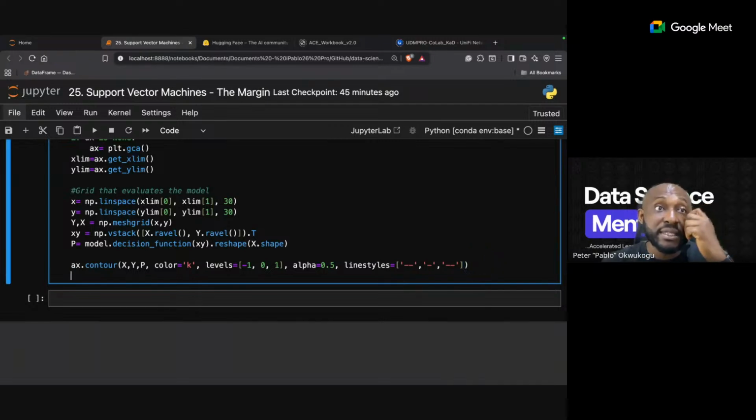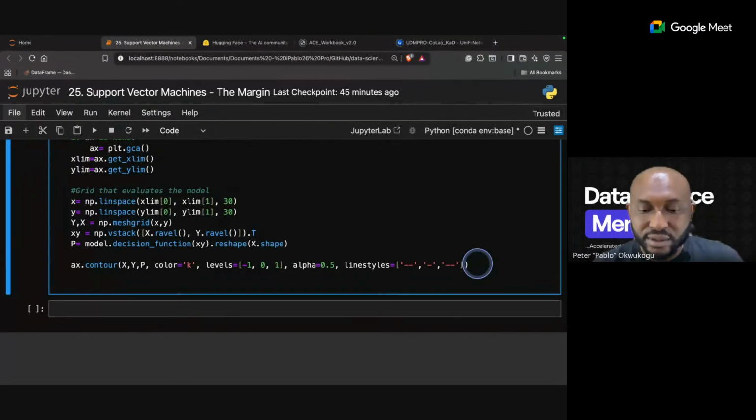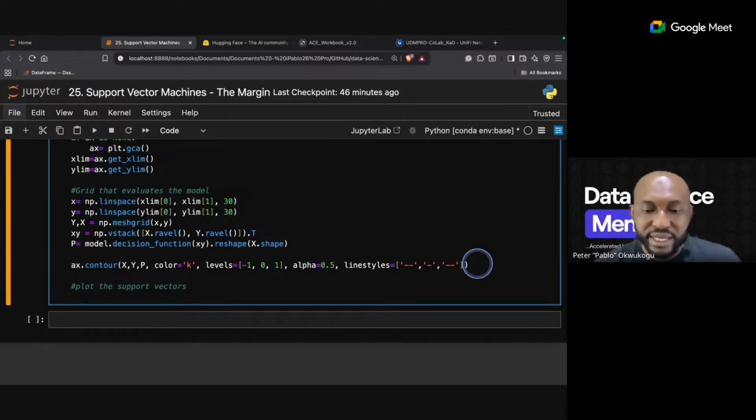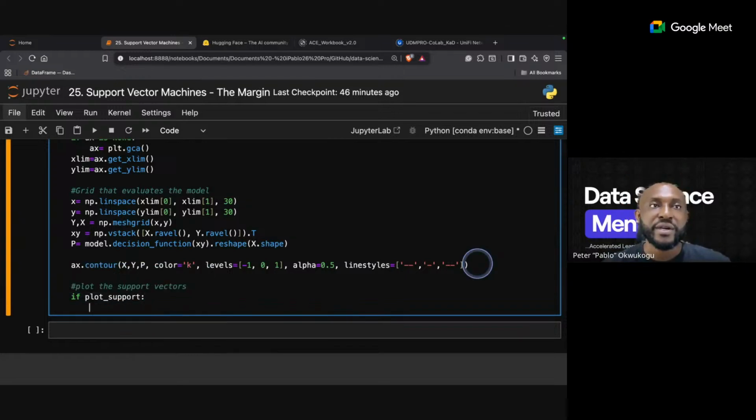Now, the next step is we are going to plot the vectors. So plot. We'll plot the SVM, the support vectors. So let's call it plot support vector. Now we say if plot support, remember when we did plot support, right? So we now have